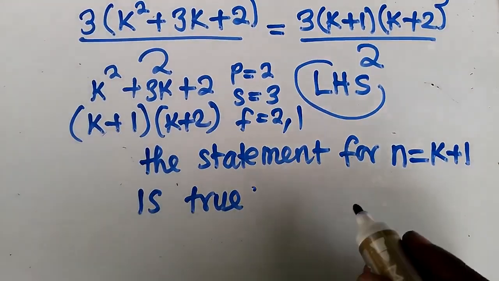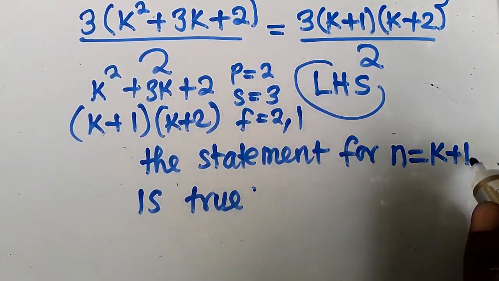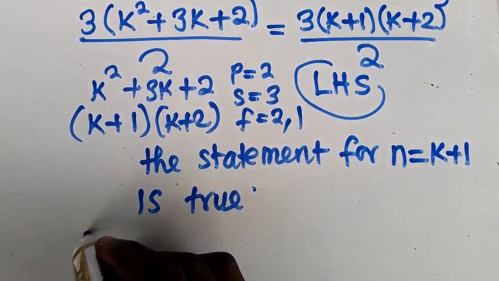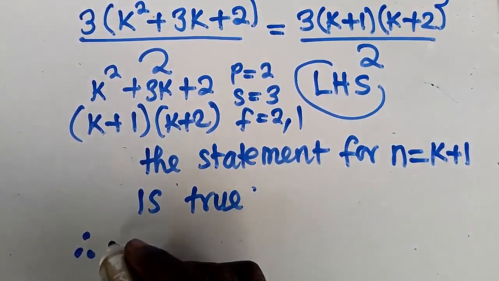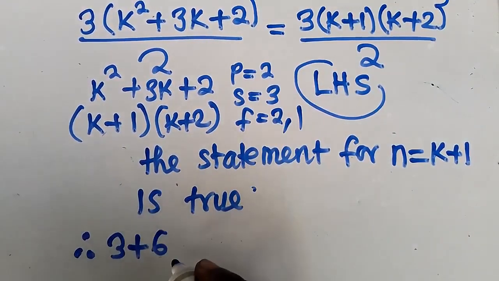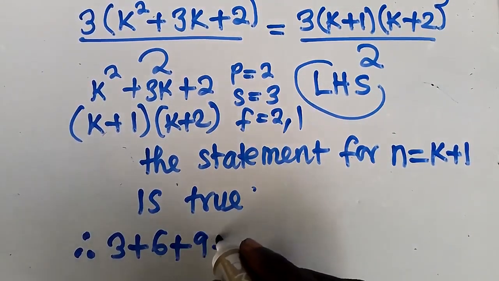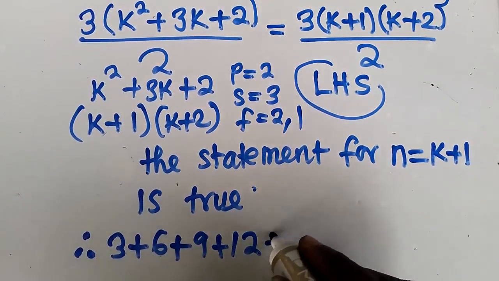The statement for n is equal to k plus 1 is true. Then you just say, therefore, 3 plus 6 plus 9 plus 12, and it keeps on going like this,